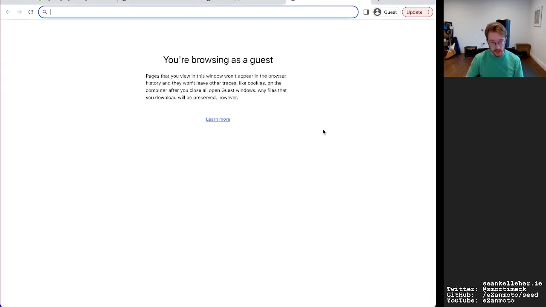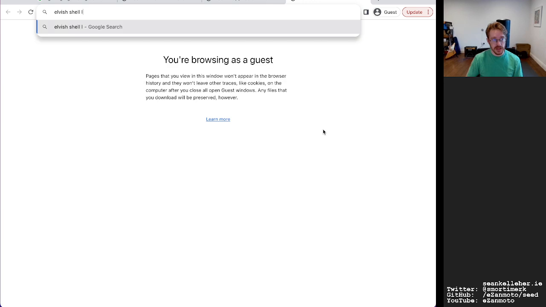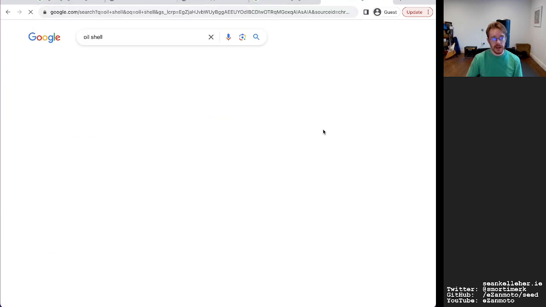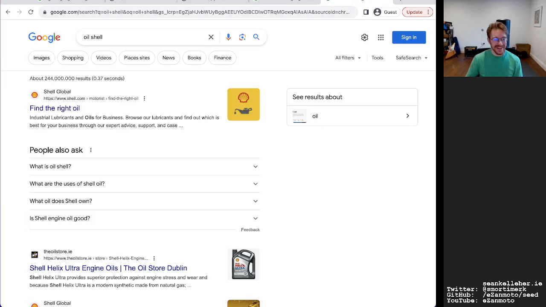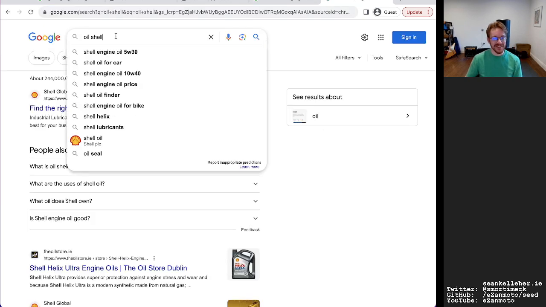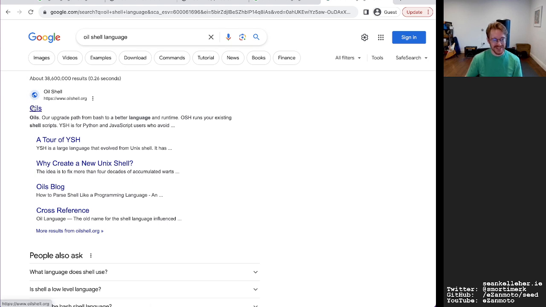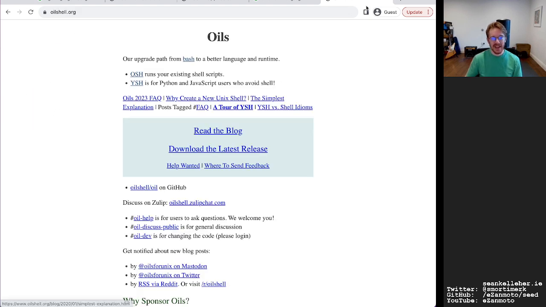And so we also have the Elvish shell language, and we'll go to Oil shell, although as soon as I hit enter I was like, that's going to give me the wrong result. Oilshell.org. Okay.